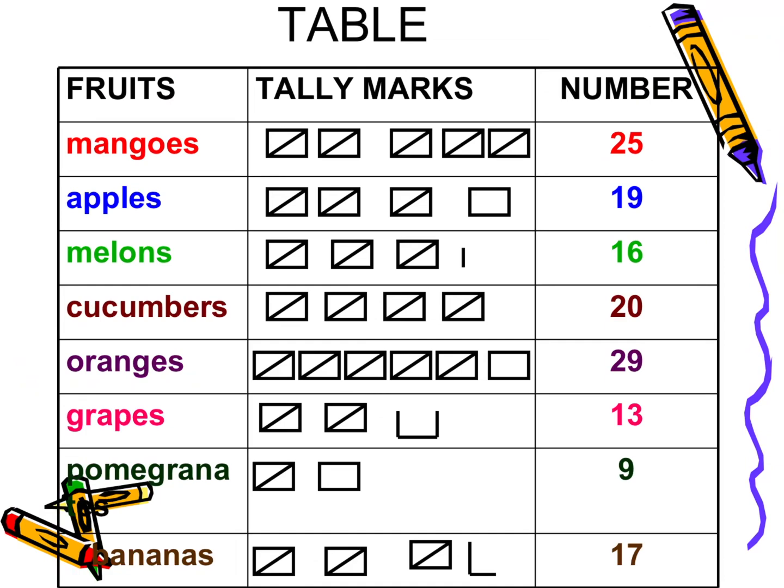Okay, and the bananas, how many 5s are here? There are 3 5s, that is 15, and 2 extra, that is 15 plus 2, 17. Immediately she wrote all the numbers. So children, you can also do the project of this, how many of your friends like the different fruits? Make the tally marks like Minnie. Wow, she has done excellently.